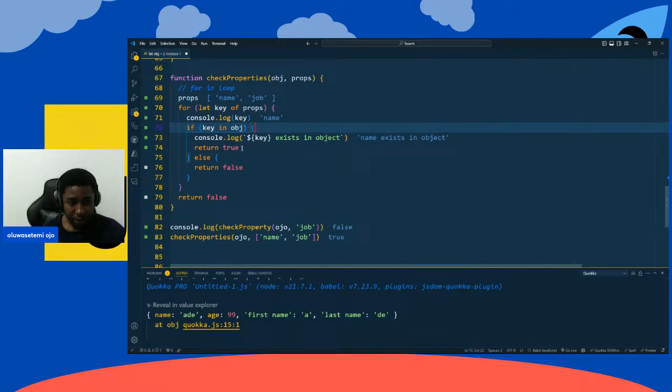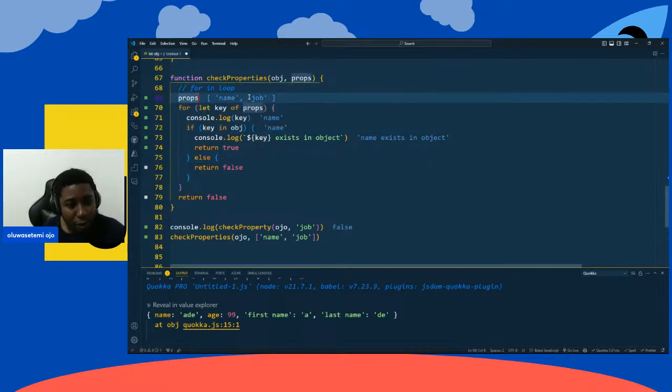If key, the only key is checking. If key is not an object, that is, if we have job,